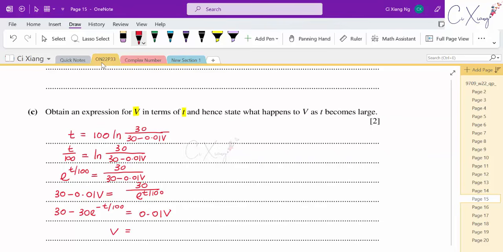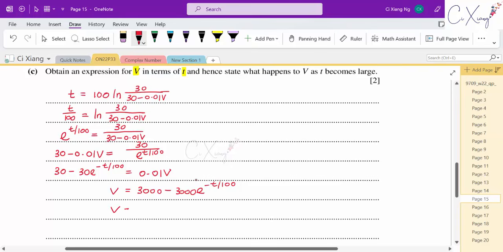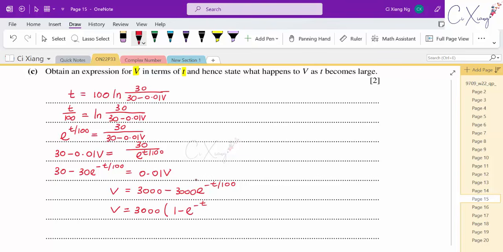Okay, so if I take the 0.01 over, I'm having 30 divided by 0.01, where it becomes 3000 minus 3000 e power negative t over 100. And of course, maybe I can further factorize the 3000 out, then I'm having 1 minus e power negative t over 100 here. So we already rephrased our particular solution for V in terms of t. And from here, what they want us to find is to state what happens to V